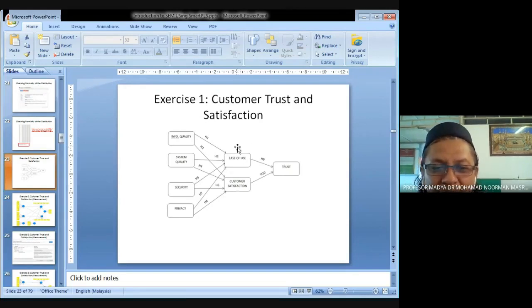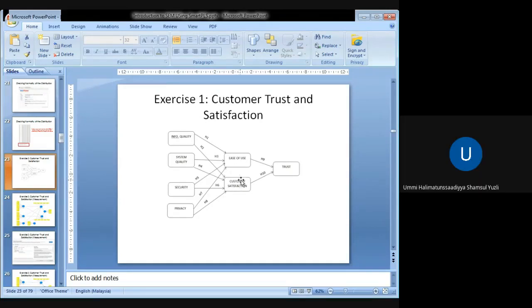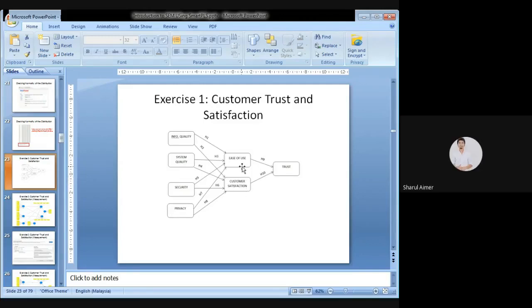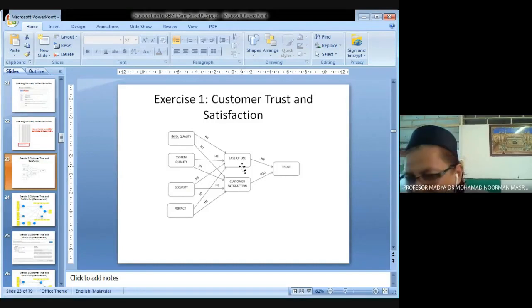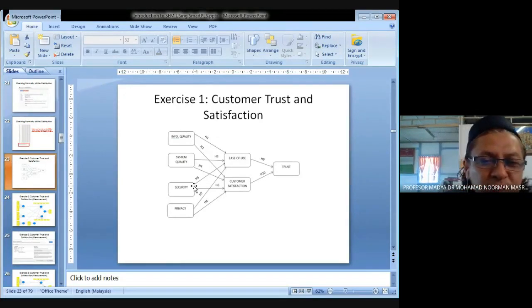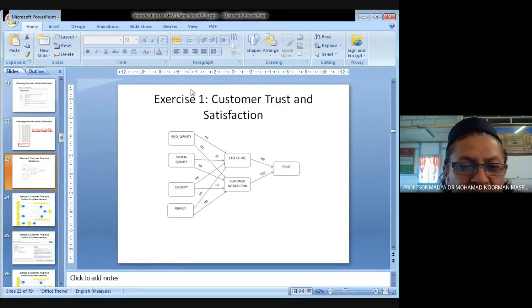That's why next time I must twist your ear also. These are called what? Mediating variable. Mediating. This is the dependent variable. This is the independent variable. Okay, I don't want to waste time. I know all of you have no time, all the time watching videos and movies only. No time to watch this research methodology. Not interested at all. Never mind. Okay, now